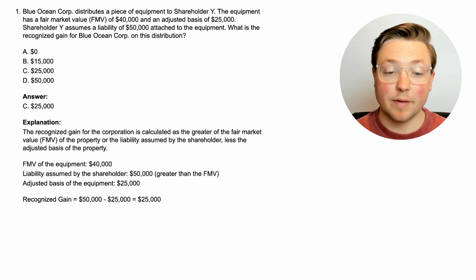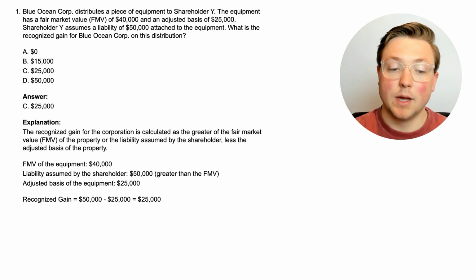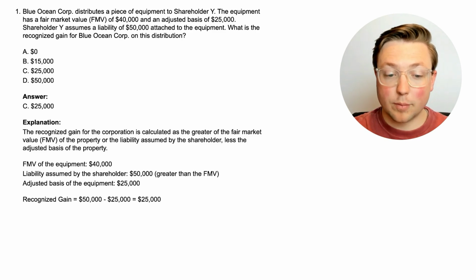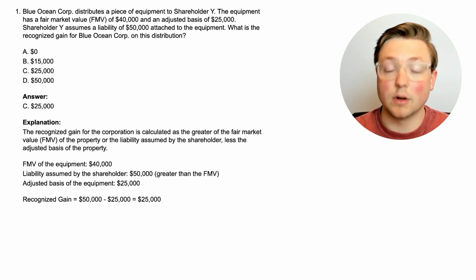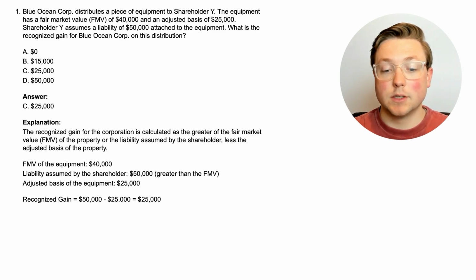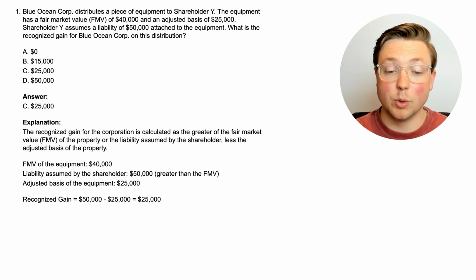All right, the answer is $25,000, so let's read this explanation. The recognized gain for the corporation is calculated as the greater of the fair market value of the property or the liability assumed by the shareholder less the adjusted basis of the property. So between the two, the fair market value of the property or, if there's a liability assumed by the shareholder, whichever one of those is greater, that is the fair market value used for the gain recognition. So in this case, the liability assumed was $50,000, which is bigger than the fair market value of $40,000. So we use that as the fair market value, subtract the adjusted basis of the equipment, and that gives us